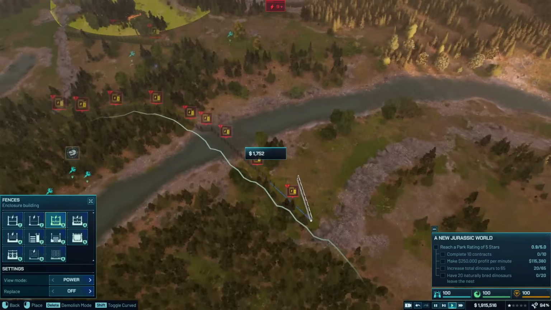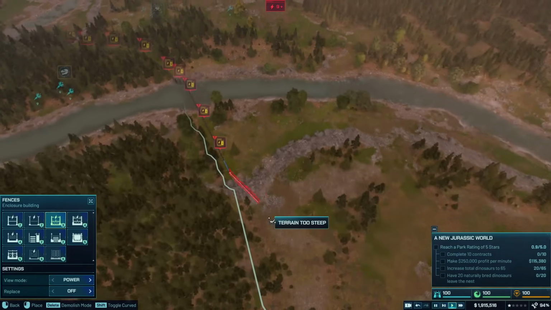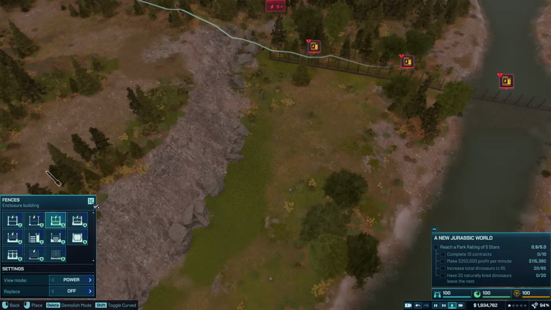How big do I want this? Do I want it to carry on? Yeah, I kind of do. I want it to go right the way to the back because I think this will be a great natural enclosure where we can have loads of dinosaurs, but we can also have some nice